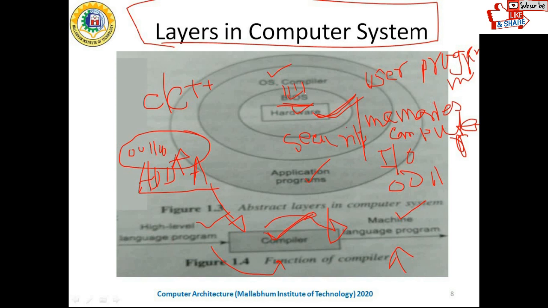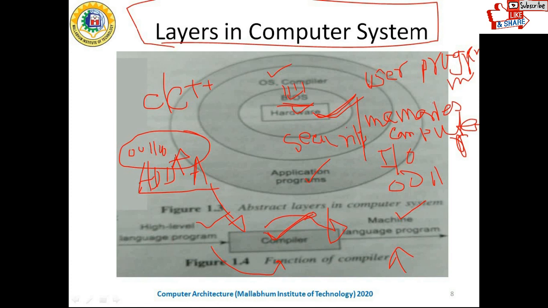When the power is first turned on in the computer, this program runs. Whenever you switch on your computer, this BIOS program runs first. The main task of the BIOS is to identify and initiate the computer hardware like hard drive, keyboard, mouse, and it prepares the computer to work by loading the operating system into main memory from the hard disk. The operating system is stored in the hard disk and the BIOS loads it into the main memory from the hard disk. This process is known as booting. All of you know that.